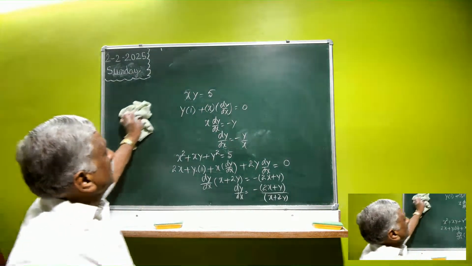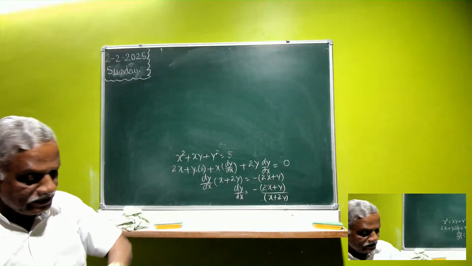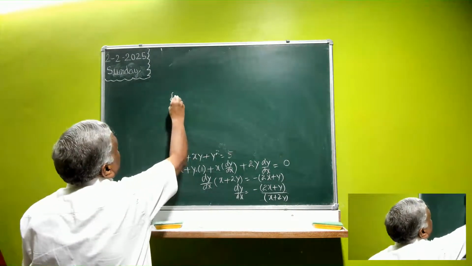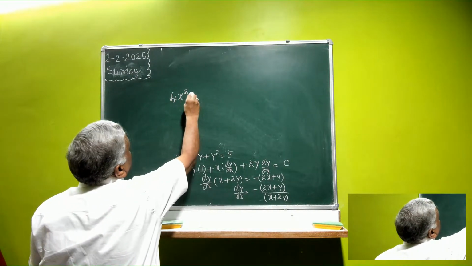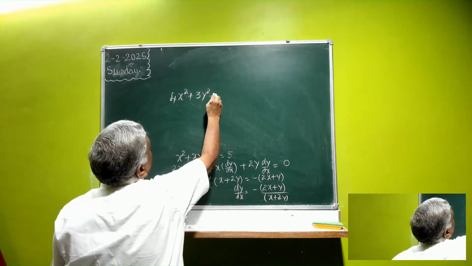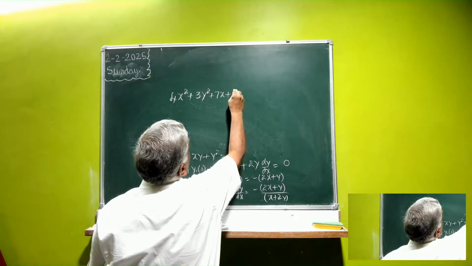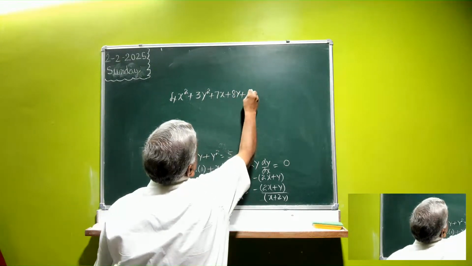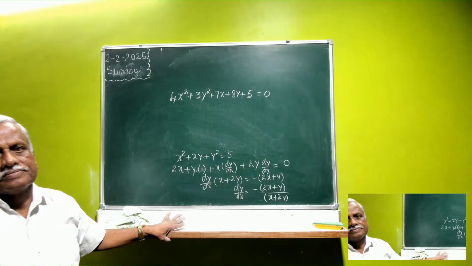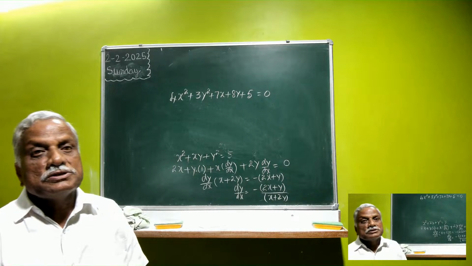I'll take one more problem. Let us work whatever possible till 8:30, we'll do it. 4x square plus 3y square plus 7x plus 8y plus 5. Purposely I have taken a little lengthy problem. But once you know how to work,